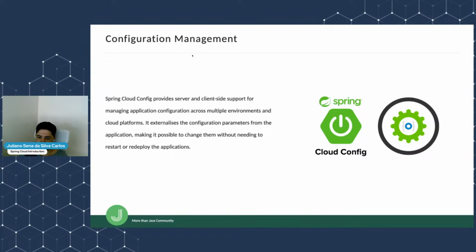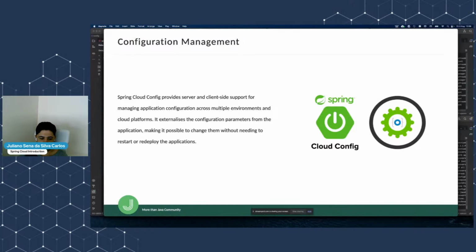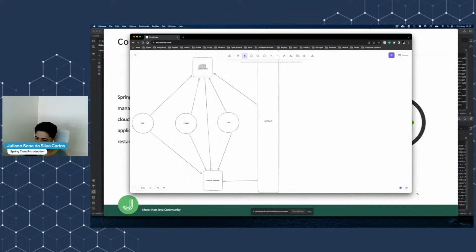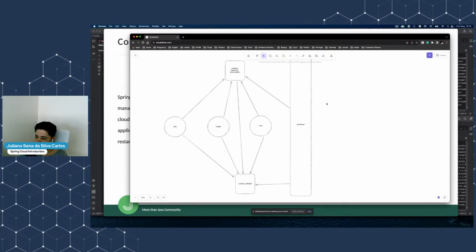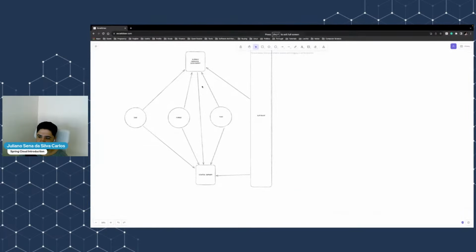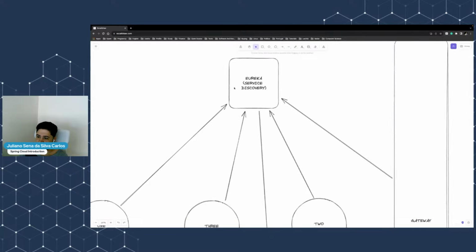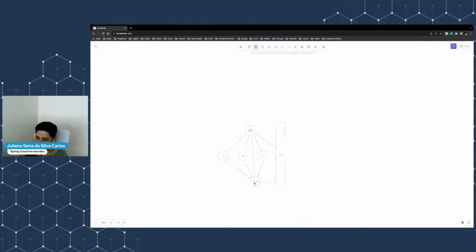This is my system to present to you today. Let me go to full screen if you are able to see. Okay, the first feature I'm going to show you is